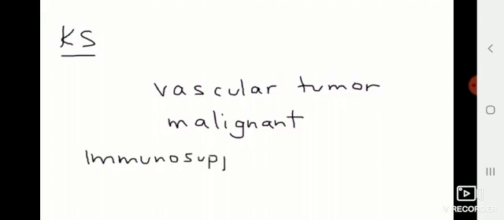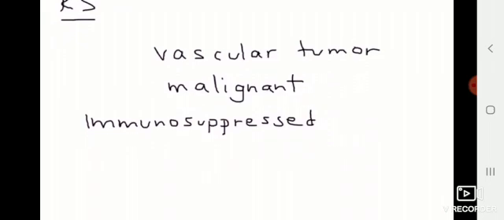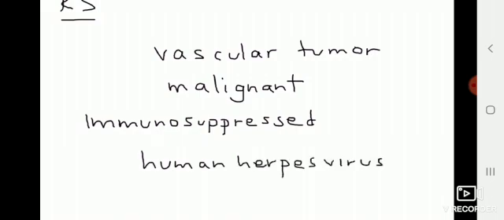Topic. Kaposi sarcoma, which we'll abbreviate KS, is a vascular tumor. This tumor is malignant, and most commonly it occurs in patients who are immunosuppressed. When an immunosuppressed patient is infected with a certain virus, they will most likely develop Kaposi sarcoma. That virus is human herpes virus type 8,